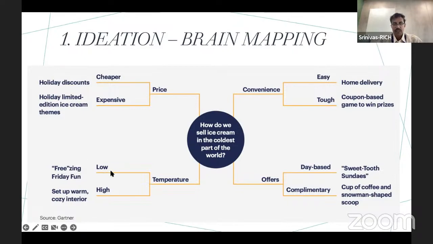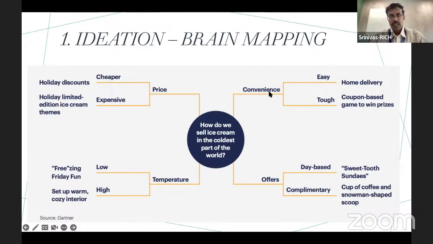And wherein you have a Friday fun at a low temperature, and then you may offer again a warmer ice cream category, which is in the interiors. Okay, so you might offer multiple kinds of ice cream categories. I would have done the opposite. That is, set up a warm ice cream in the outside where it is freezing, and then colder ice cream indoors. So there could be multiple